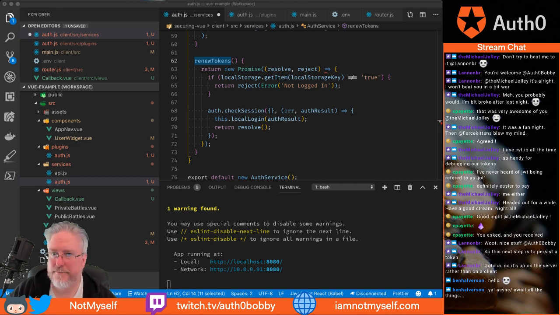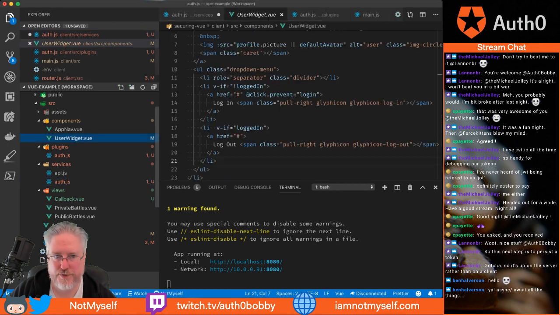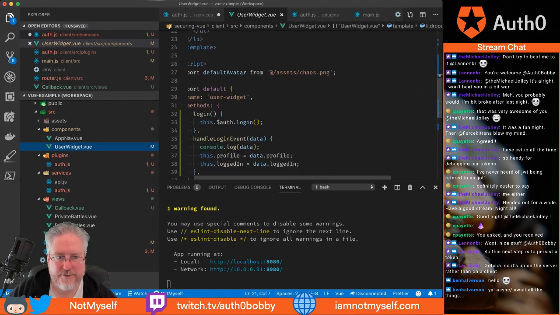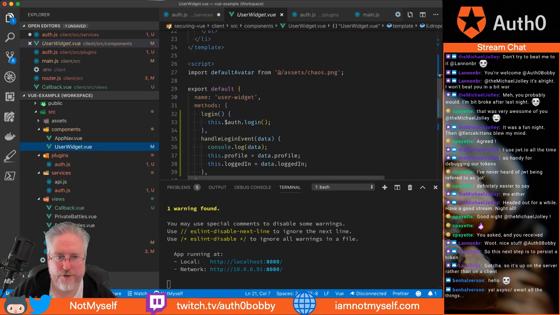Cool. It is in my user widget, right? So if I come back over to the user widget down here in our actual code logic,